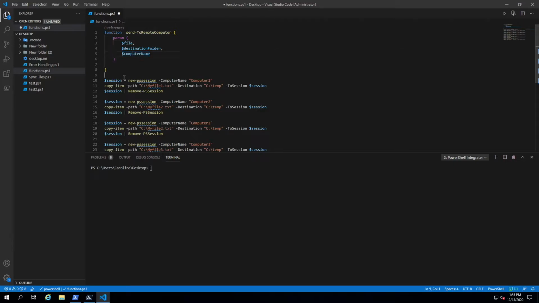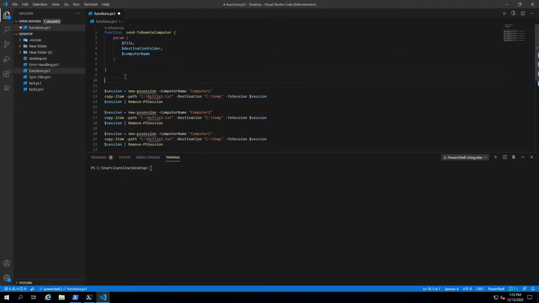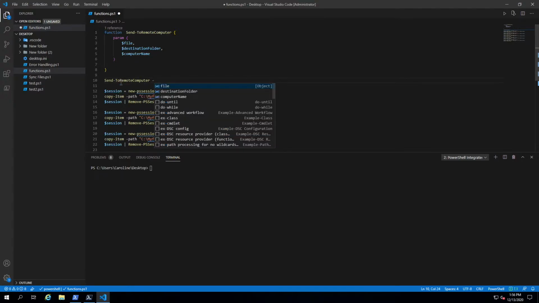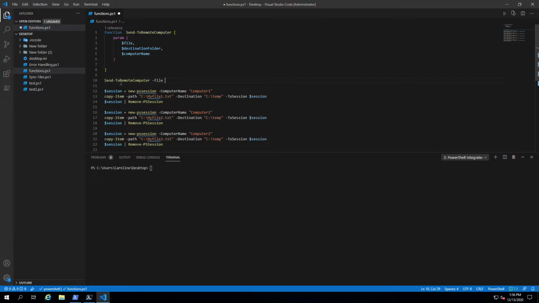So we could call it, and of course now it's not doing anything, but the way we would call it, and let's just make it clean, uppercase, and let's say it would be Send-To, and see now the IDE, so VS Code in this case, recognizes it as a function and it will know what to do. So there you go, file, and we'll say my file. It doesn't really matter. Let's say C my file